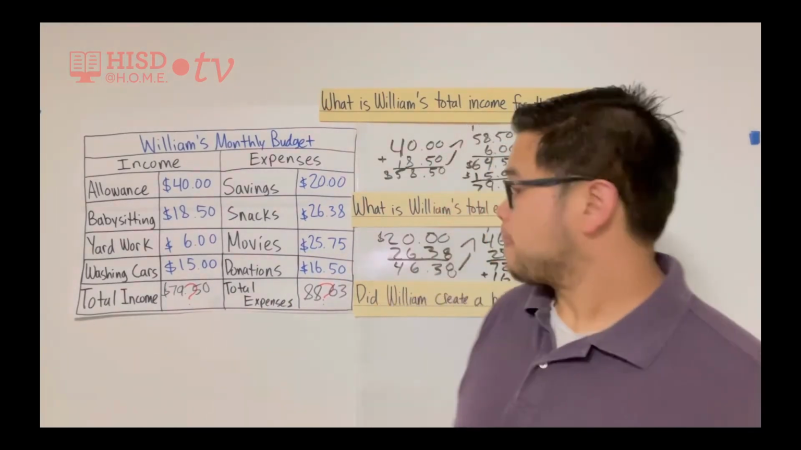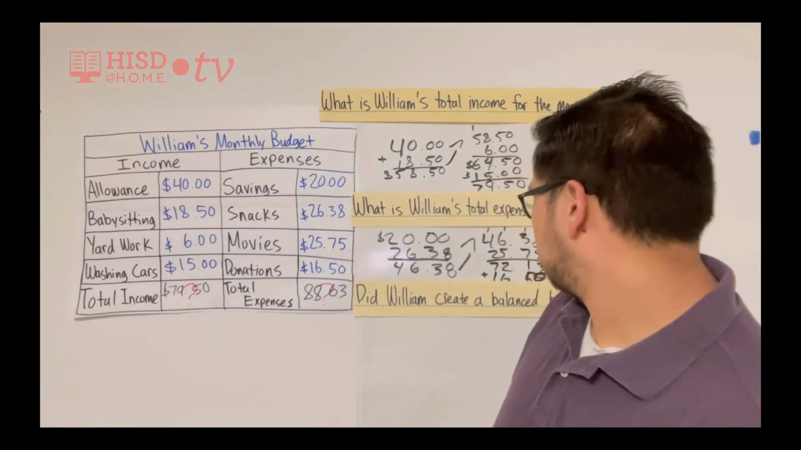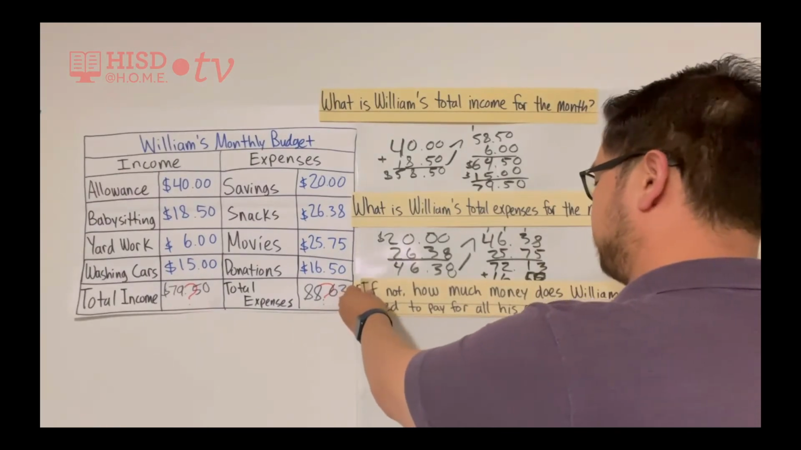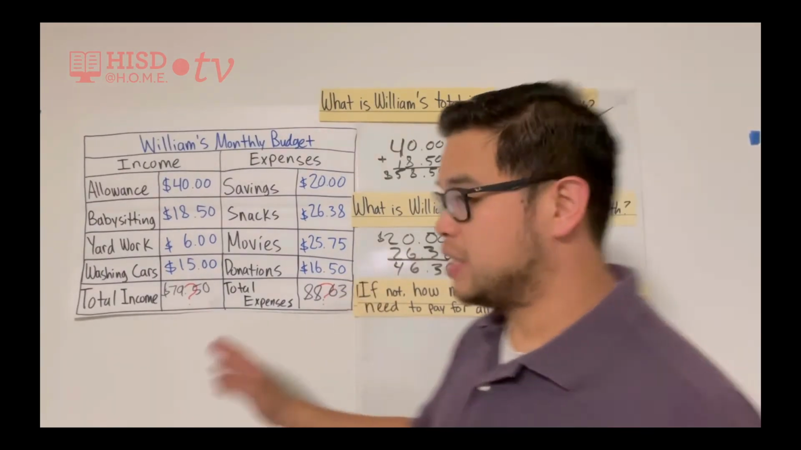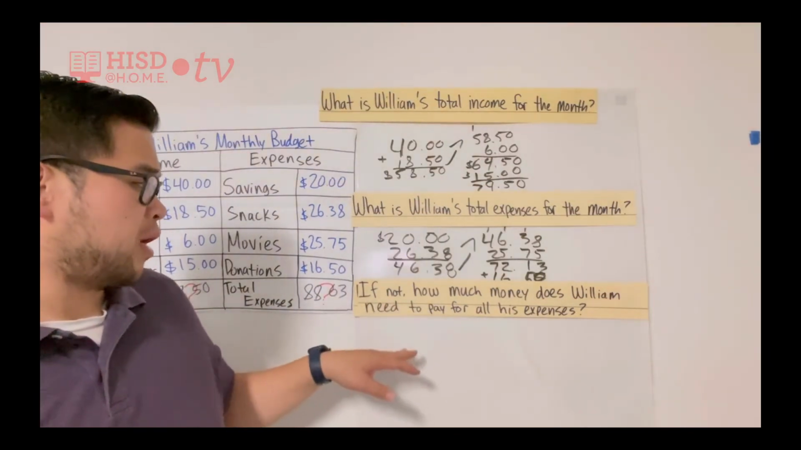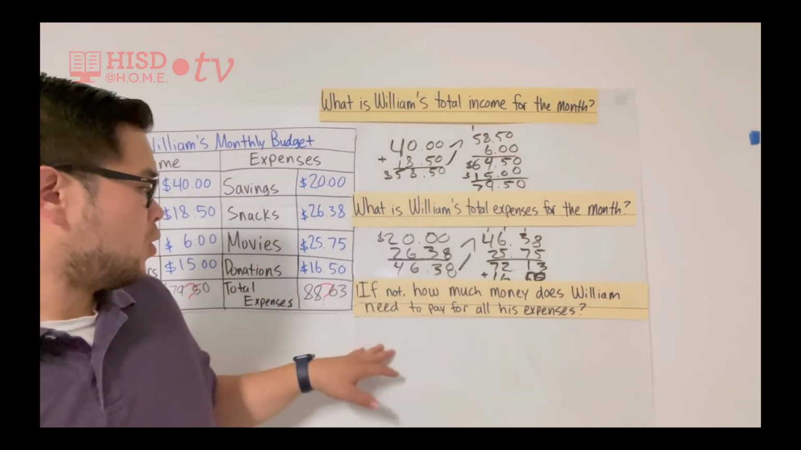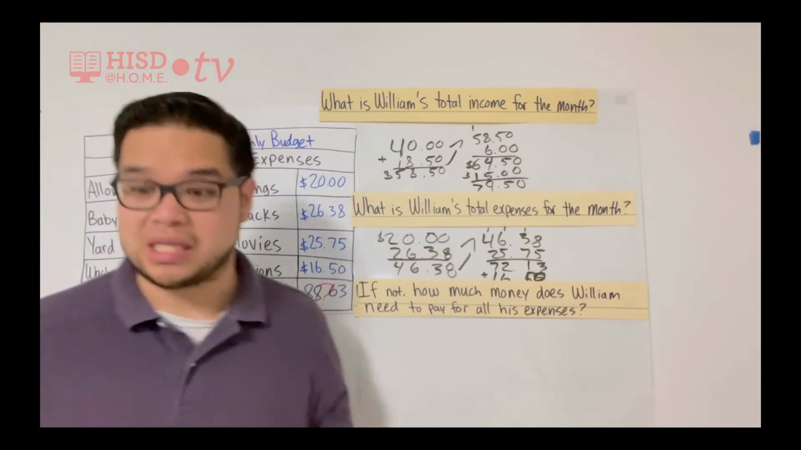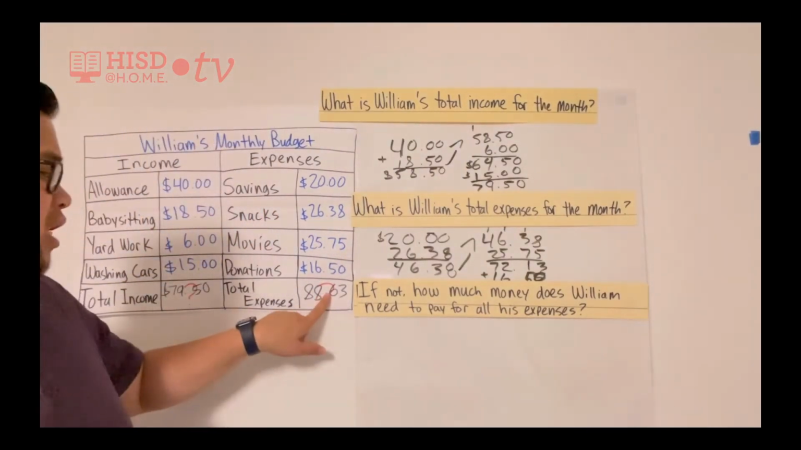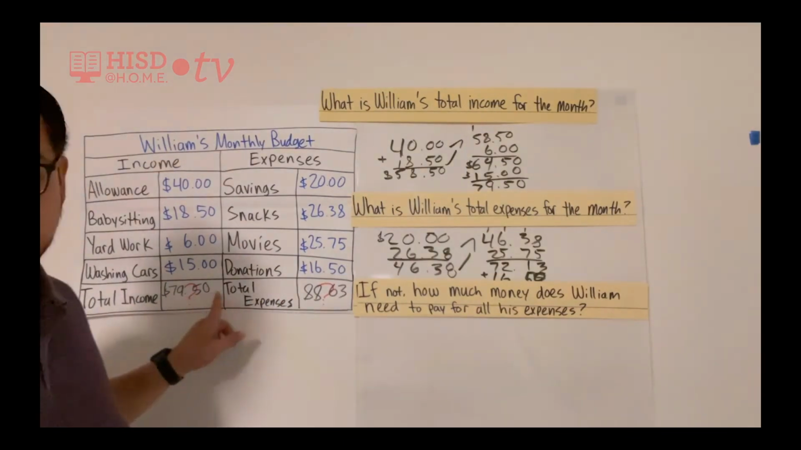So it's going to lead me to my next question. I'm just going to cover this question and put, we said that he did not have a balanced budget. So if not, how much money does William need to pay for all his expenses? So let's go ahead and find out how much more money he needs to pay for the expenses that he had. And to do that, we're going to subtract $88.63 from